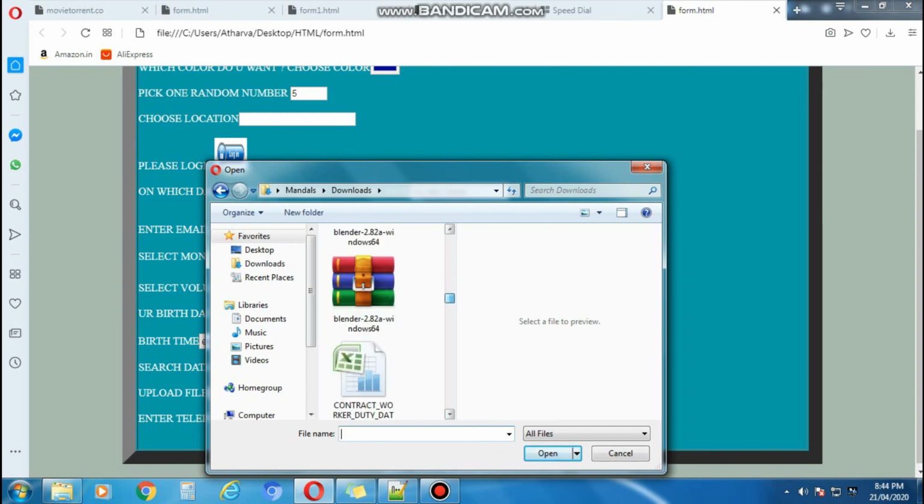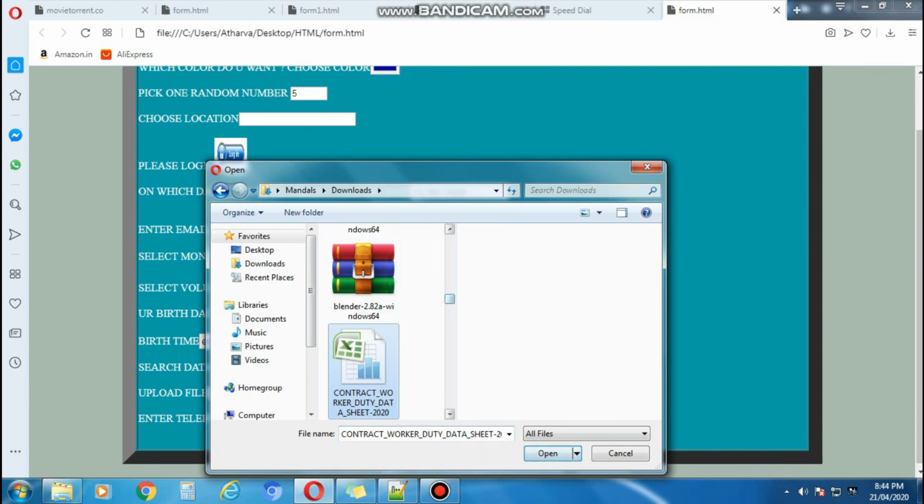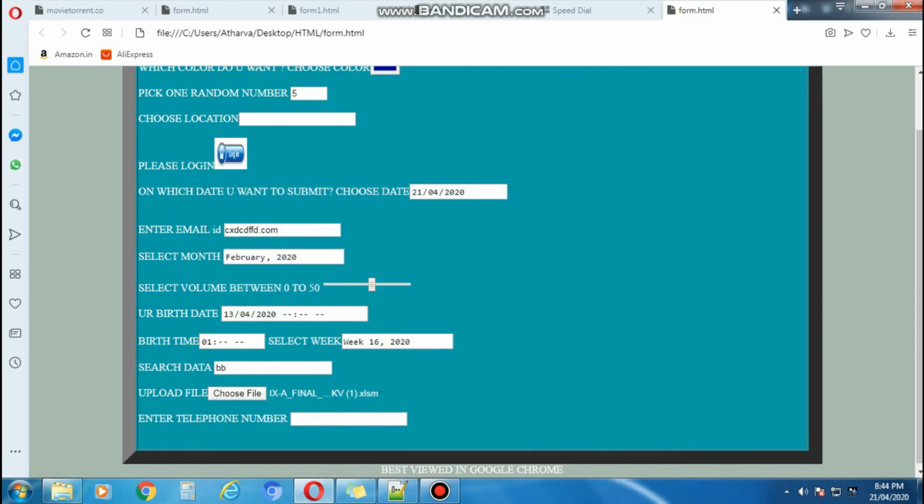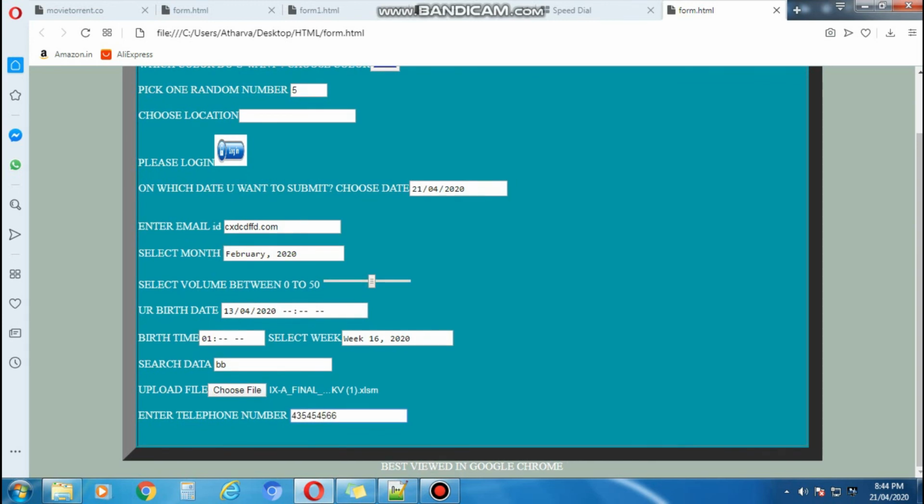So likewise you can select any file whichever you want to select. And whatever telephone number you are entering, that will be validated by the form.